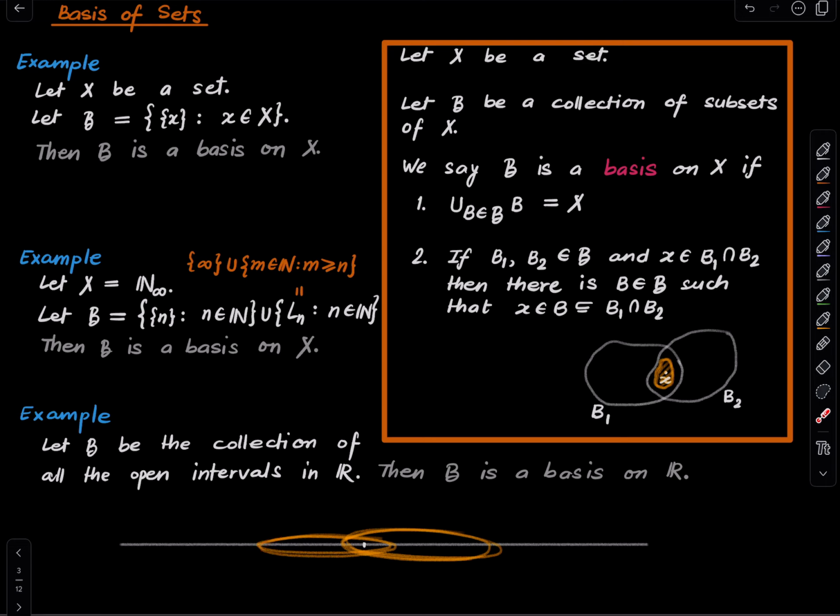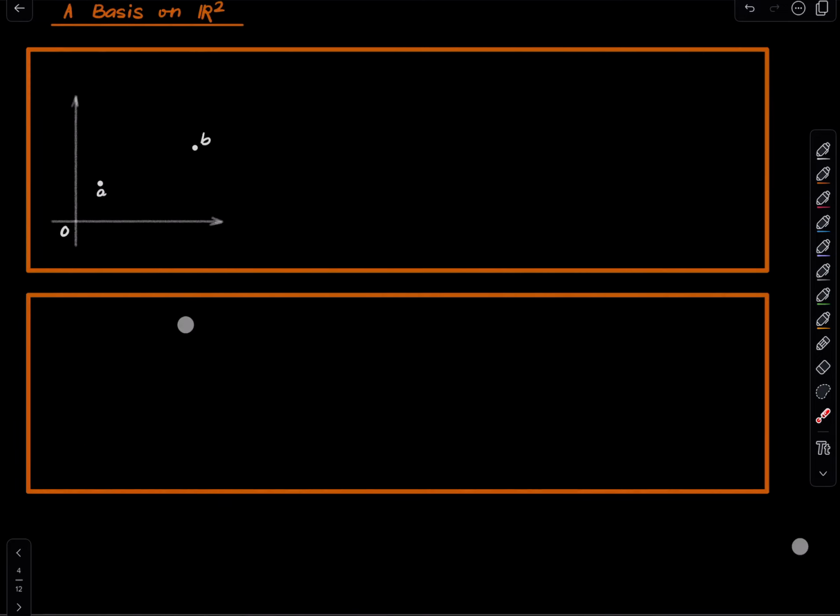Alright, so we have seen three examples of bases. The plural for basis is bases. Okay. Now we'll construct bases on Euclidean spaces. So, recall our two-dimensional Euclidean space R2. So for two points A and B in R2,